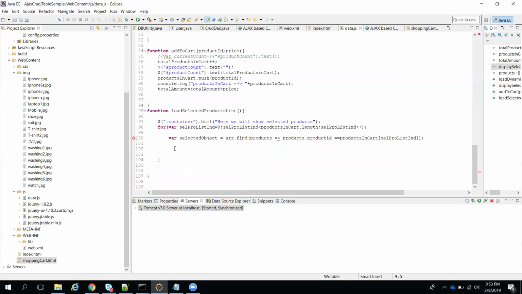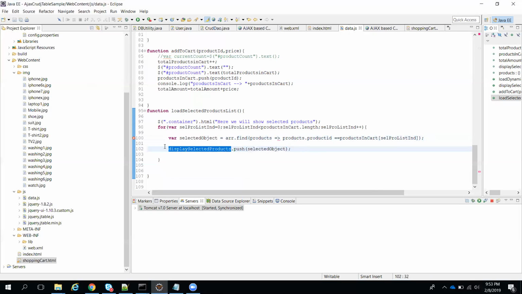Okay, so now I want to use that variable to push this particular filtered object here, because this is now an object. It will filter from the whole object array to one particular object based on your product id. Now whatever filtered product id, I want to push it into one more array. See, here I'm always using arrays and objects only. If you understand array and object well, you guys are good in JavaScript. So these two things are very important: functions, arrays and objects. So now it is added here.